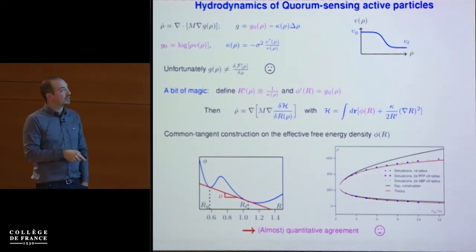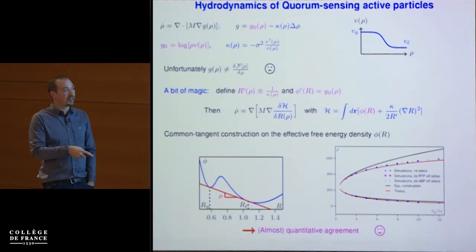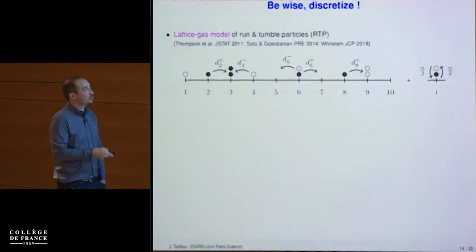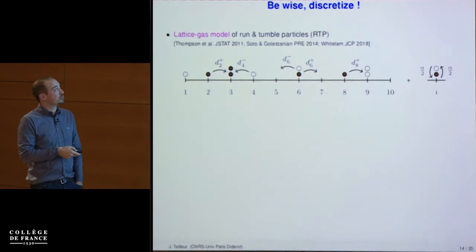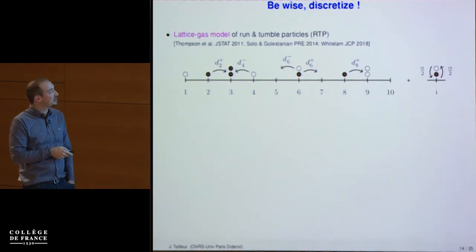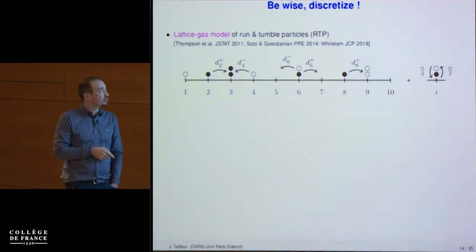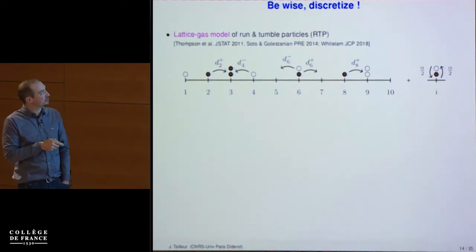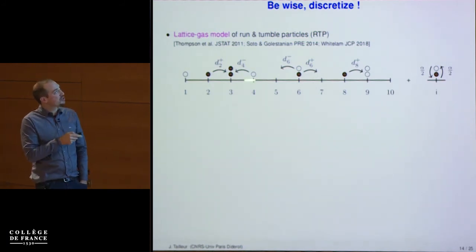So if I want to check that this is due to that, I need to find a model in which I can compute that exactly. Of course, I can do that, but what I can do is work with mathematicians who know how to do that. And that's what we did in collaboration with Thierry Bodineau and Clément Erignoux. We started from a model I had looked at almost 10 years ago, which is a lattice model.